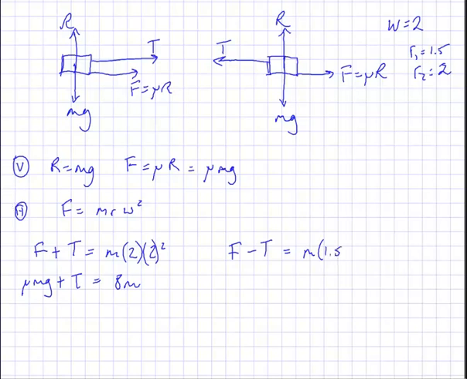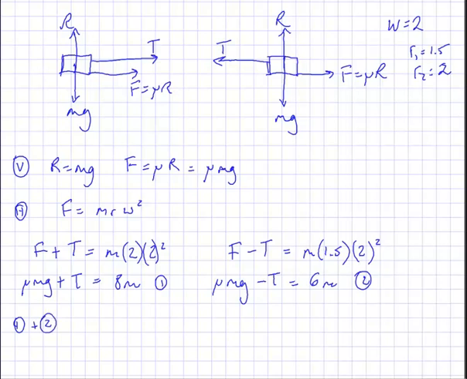It's closer to the center, but the omega is still the same. So we end up with, again, the force we know is mu mg, take away tension, and that's equal to 6m. So we have two equations, and effectively we can add those two together,